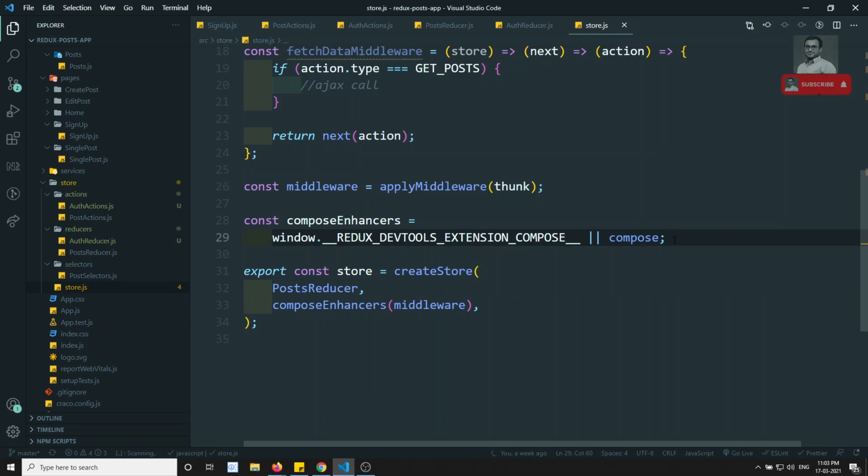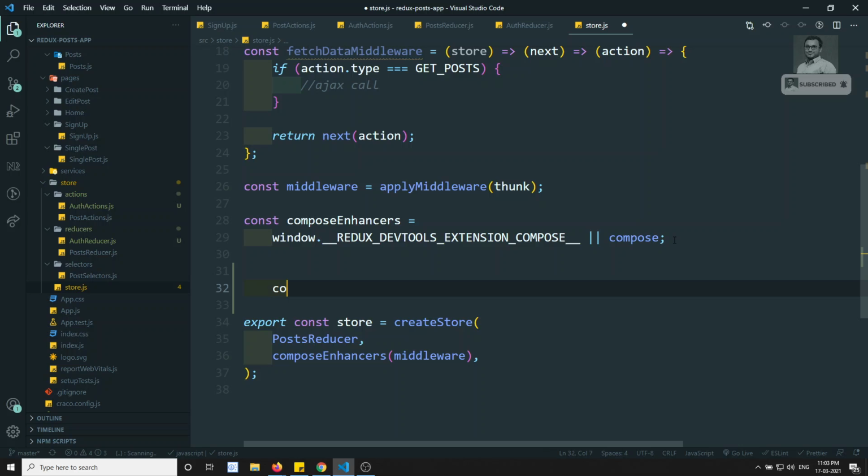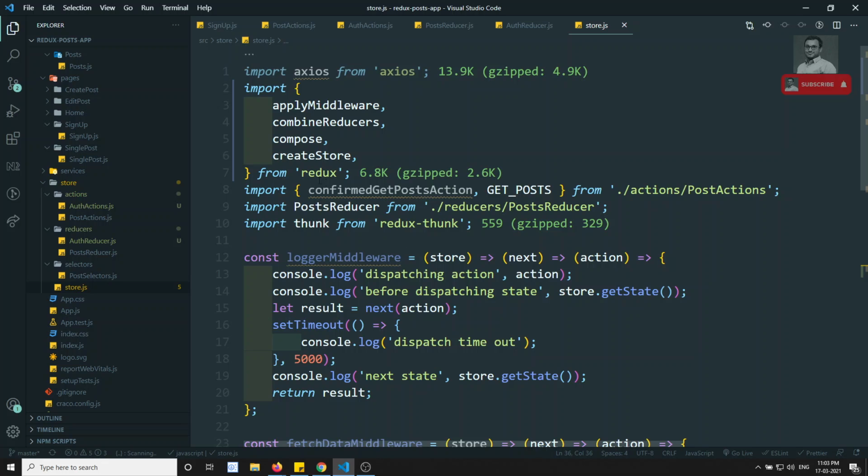In order to combine the reducers, I can take a constant reducers equal to combineReducers. In Redux we have a method called combineReducers, which is imported from Redux.